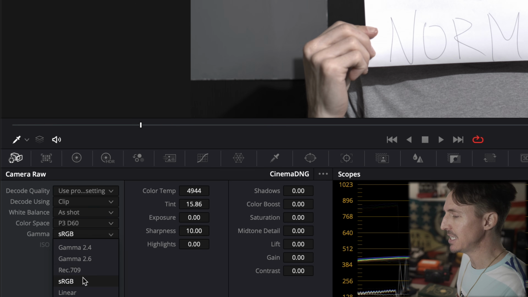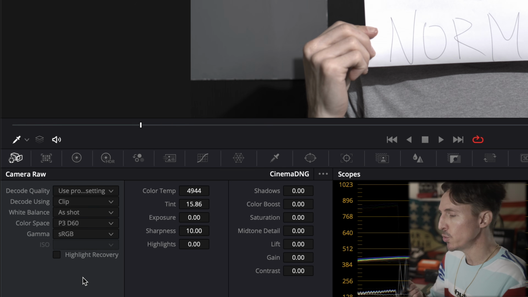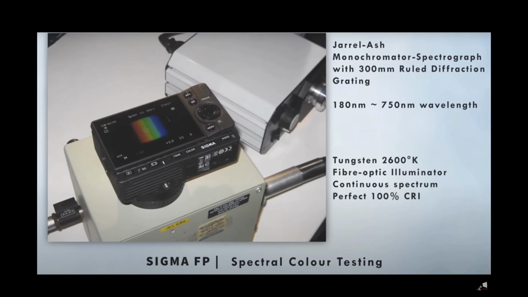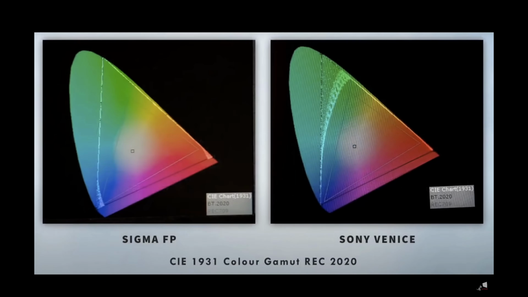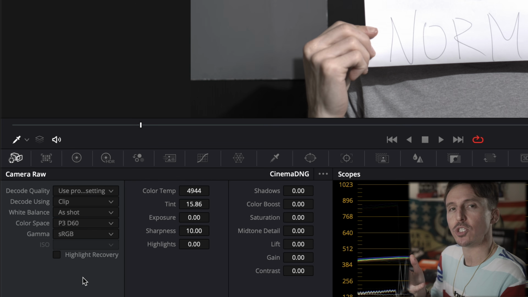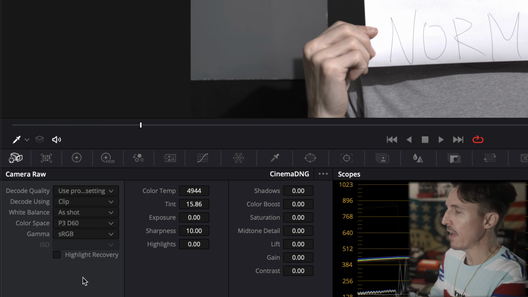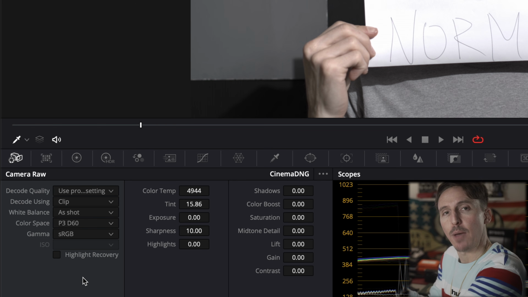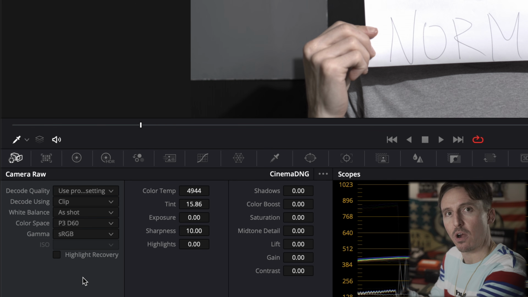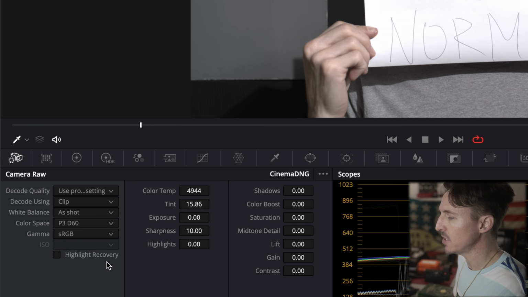Now the gamma, I did leave it at sRGB. The true gamma of the FP is Adobe RGB, which is actually 35% wider color space than sRGB. We did talk about that in the first big massive initial review of the FP I did. sRGB will get you somewhat there. Now, granted, a lot of this gamma is going to be based upon the monitor that you're viewing on. Since I do have the 2022 version of the M1 Max MacBook Pro with the XDR display,